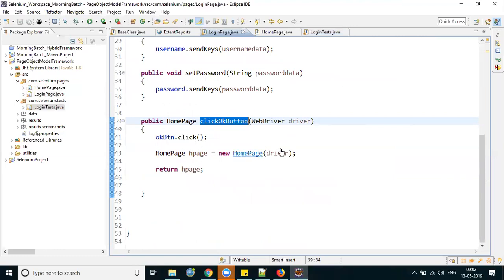Now home page also needs to take the object of the driver. Every page needs to take the object of the driver as a constructor argument, right? Because you have to construct that page, right? And it will initialize all the elements. So in our case, because we are not using the base class, what you have to do here is,